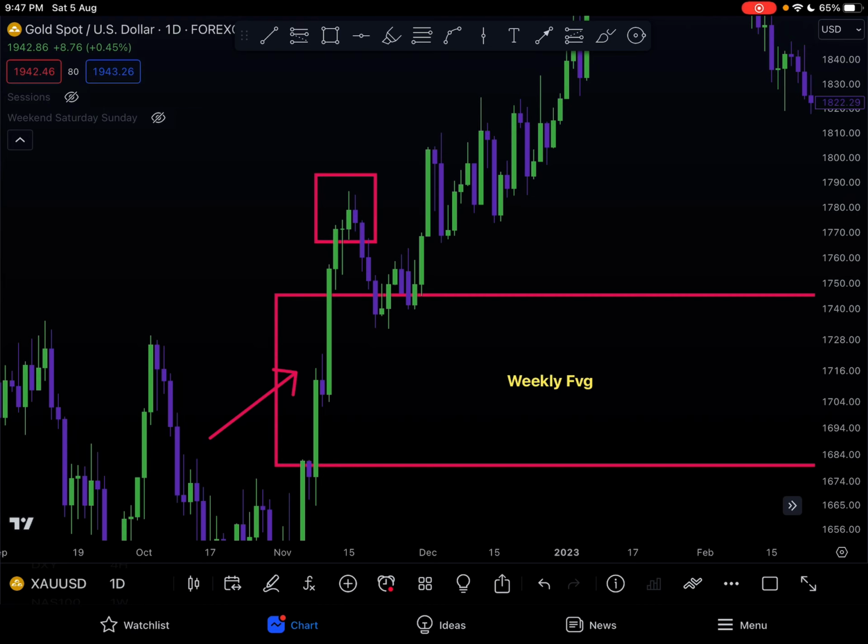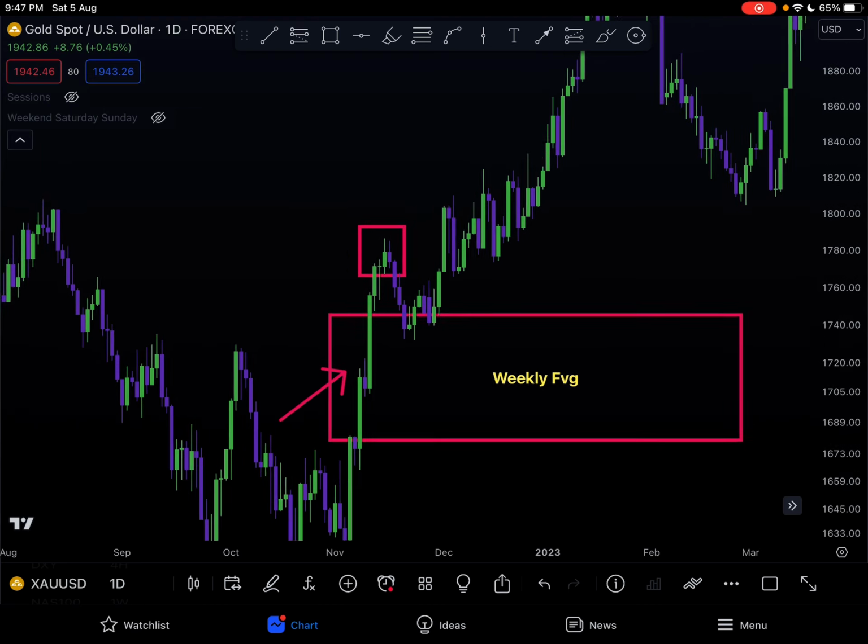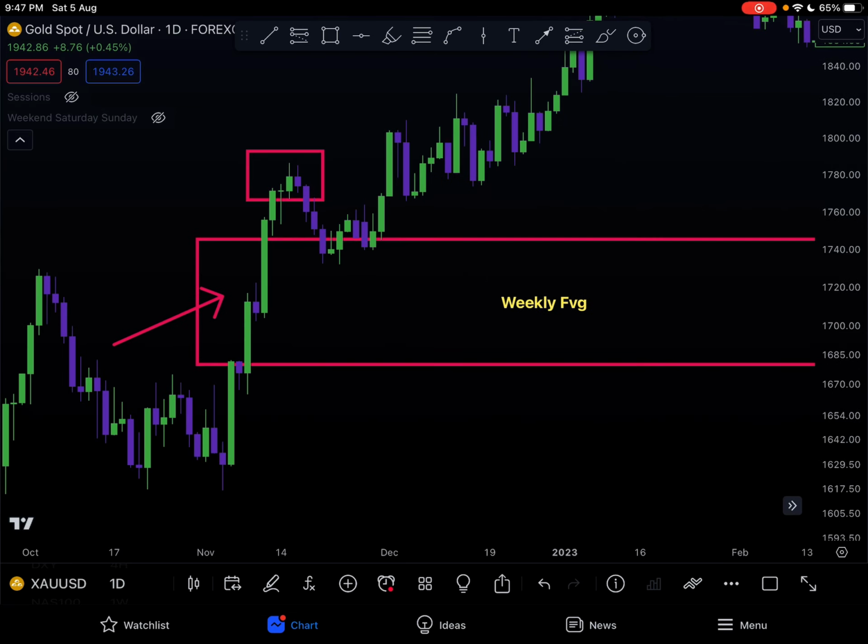You feel me? So I'm in a position where, okay, maybe my weekly is too big for me. Let's do it like this. Let's take another color. And you see this huge candle right here? What is that? And what time frame am I on? That's the question. So if I know that this weekly fair value gap is going to have a couple of imbalances that I might be able to interact with on a lower time frame.